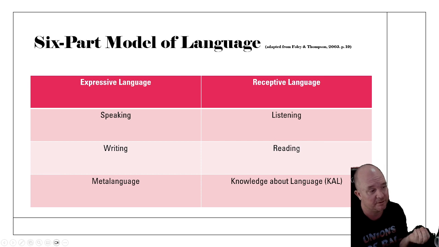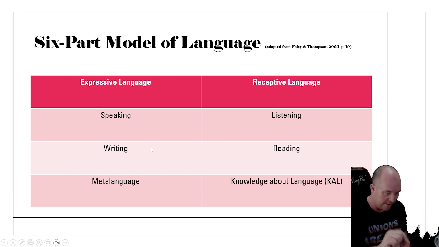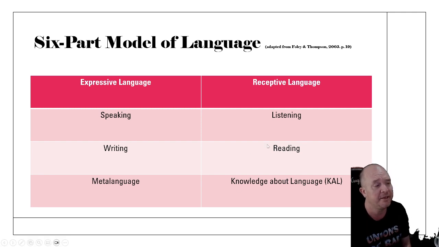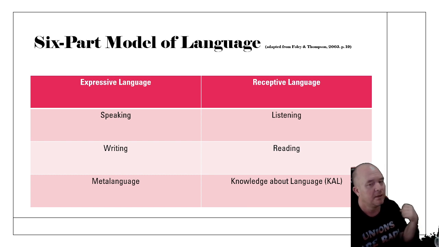In writing, we call it encoding: writing the orthographic system of the language is encoding. And then reading, we would call decoding the written system into meaning. So that's receptive. And then Foley and Thompson also talk about two other key aspects of language